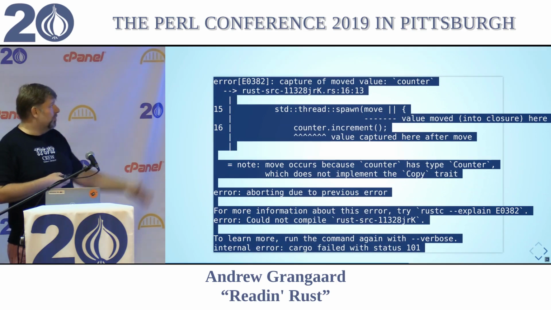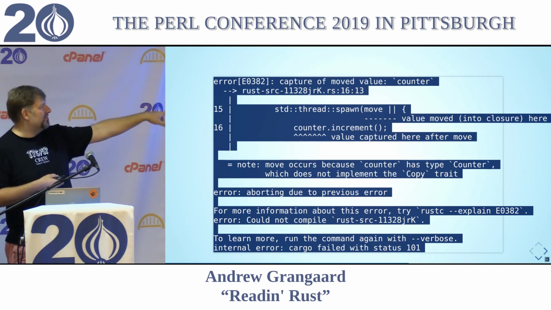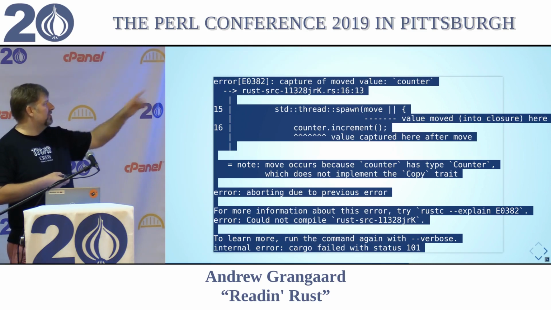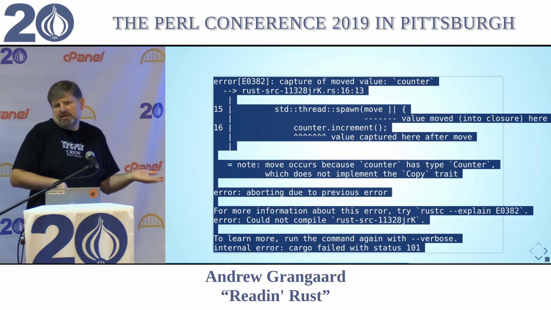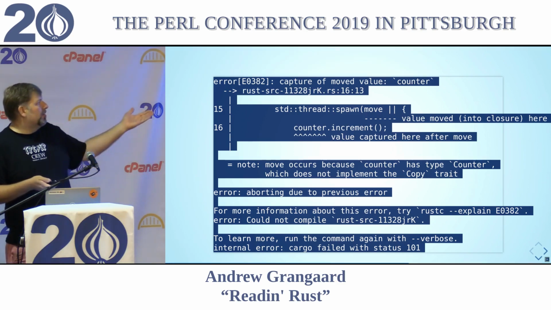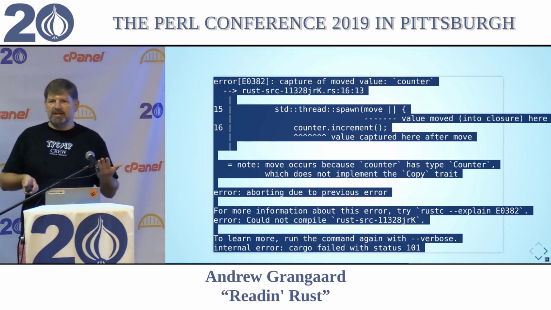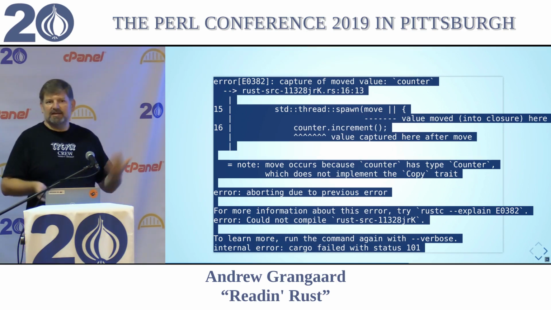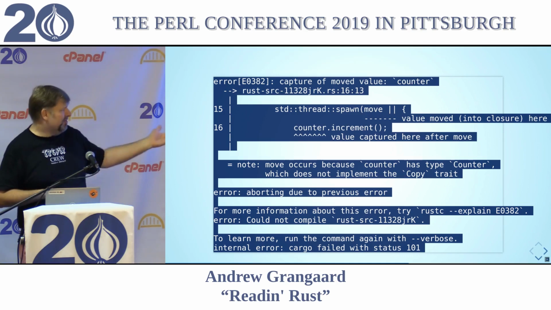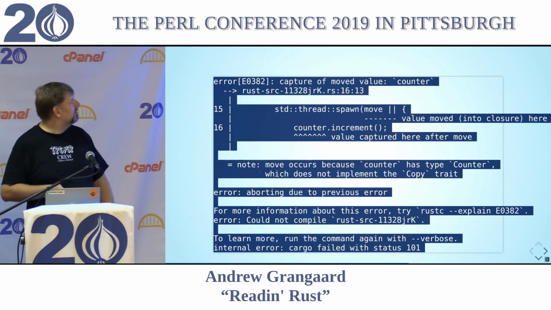And I'm going to have each of the 5 threads do that. And that will explode, and it will say, okay, you moved this value into the closure right here, and then you tried to capture it over here, that was after it was moved. This is broken. And it also says, hey, it moved because your Counter doesn't implement Copy. So maybe you wanted to fix it by making that a Copy, or maybe there was something else. And if you'd like to know more, you can try rustc --explain E0382. All the error messages have extended documentation about each of them, and they're probably localized and everything. And you can learn some more by trying this verbosely. It's one of the few times you use rustc directly instead of cargo. Where are those cargo slides?